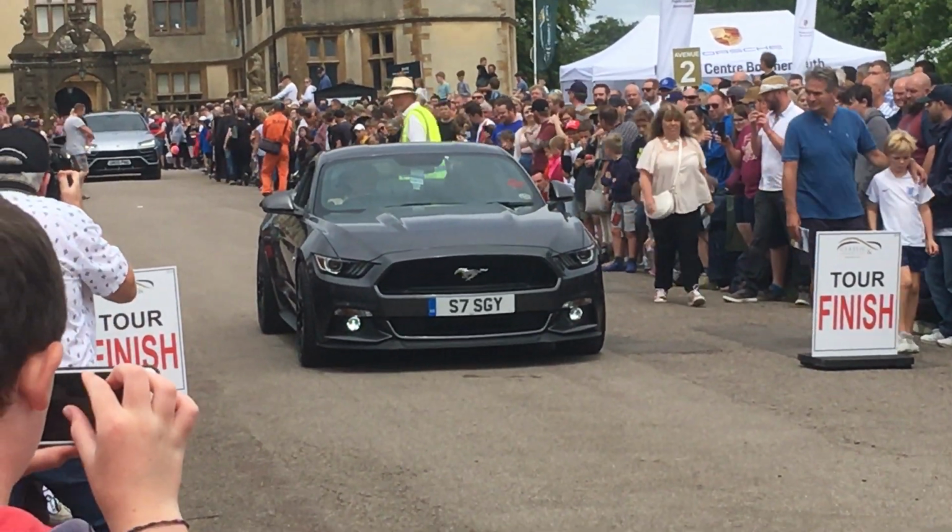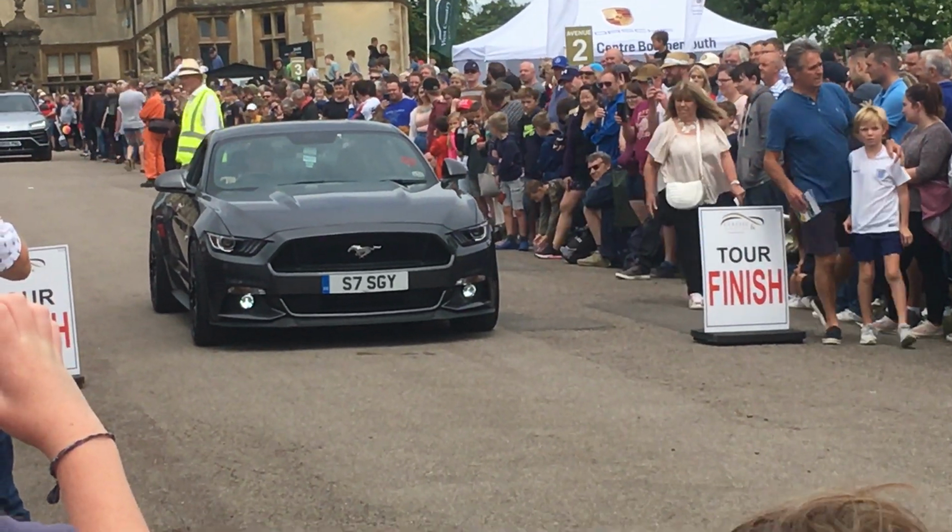grey with his metallic grey S550 called Majesty, as named by